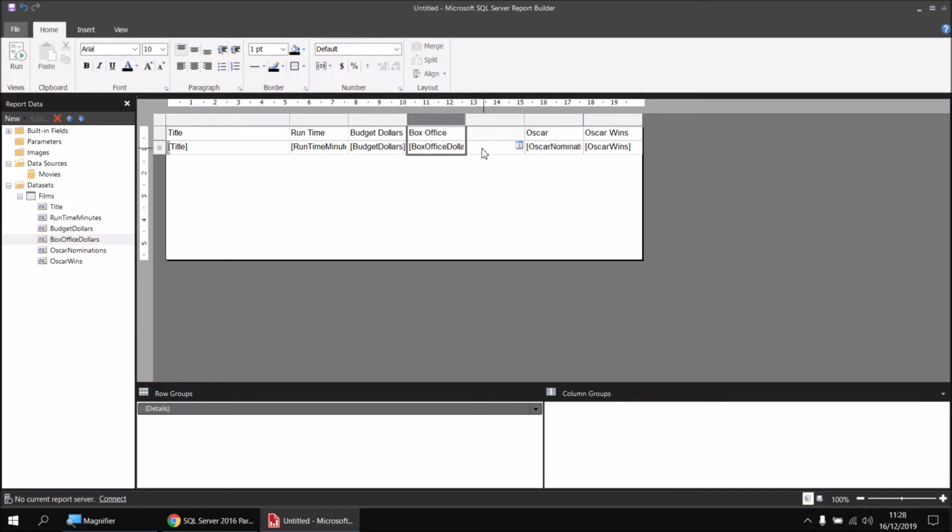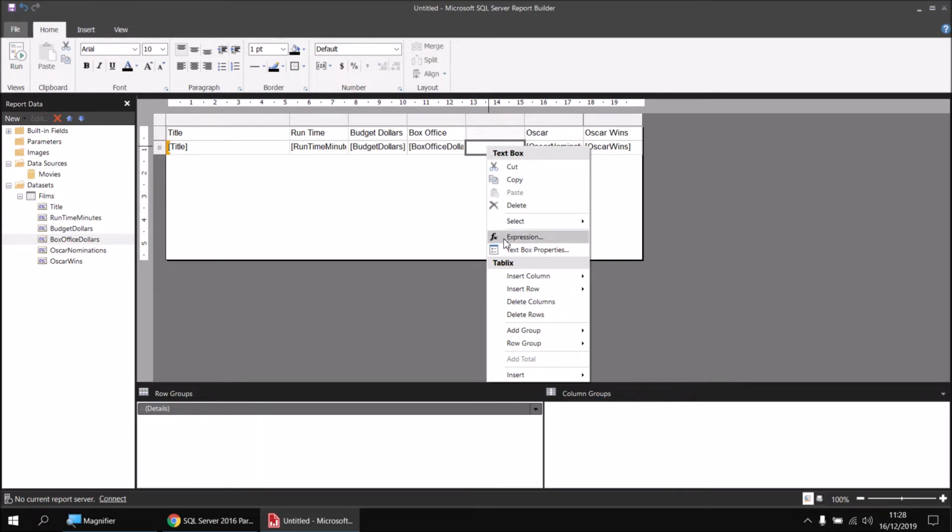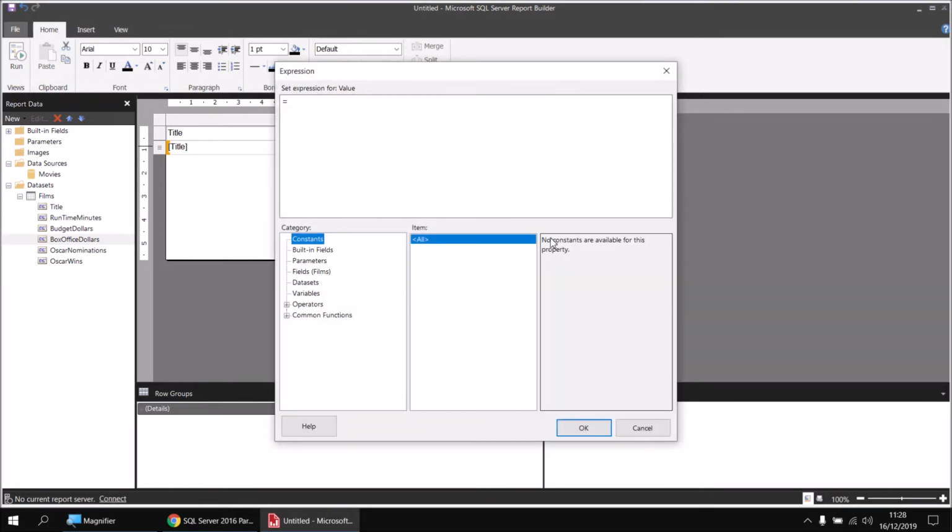In Excel, I'd then just click into the cell and start typing my formula beginning with an equals operator. But that doesn't quite work in Reporting Services or Report Builder. What I need to do here is right-click into that empty cell and choose to view the expression builder, so I can click the FX button next to the word expression. The expression builder then shows me the equals operator, and I could begin just typing in my formula longhand, but